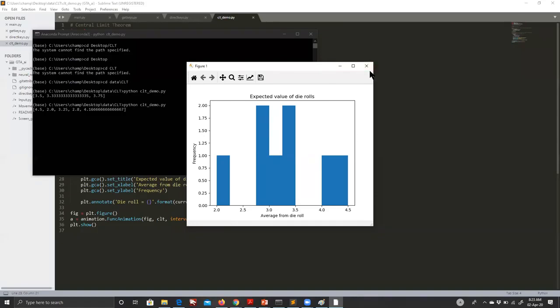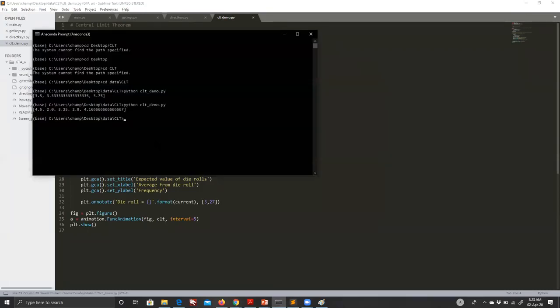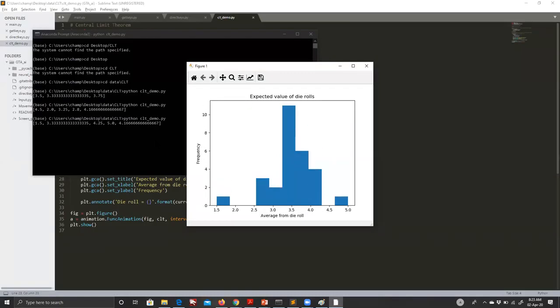Okay, and let's increase the number a bit. So maybe let's use 50 this time. Okay, and 50 here as well. Let's run it again. Now you might start to see some centralizing happen. Okay, some centralization of data starts to happen. So some points, or most of the points, are around the mean itself.